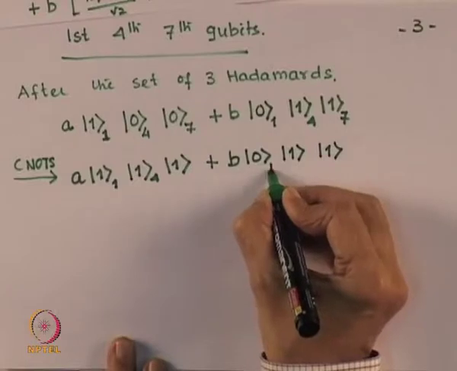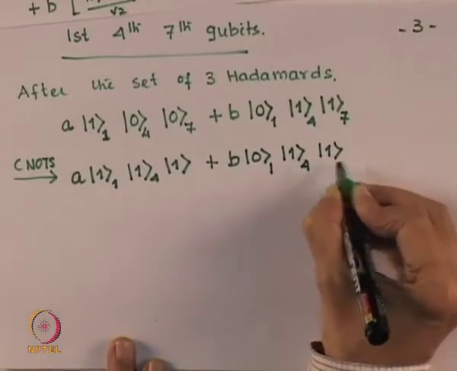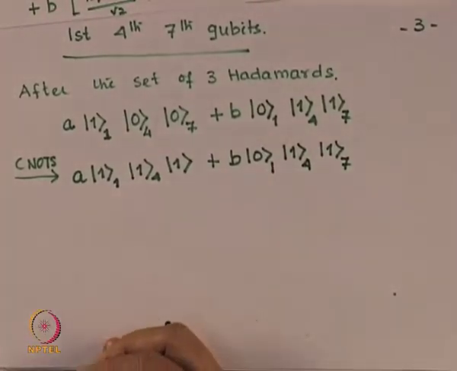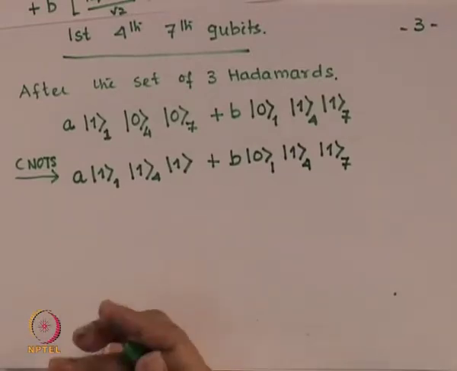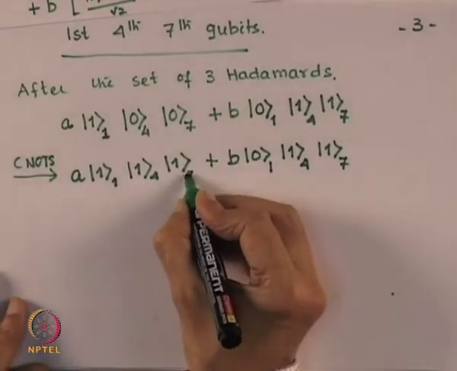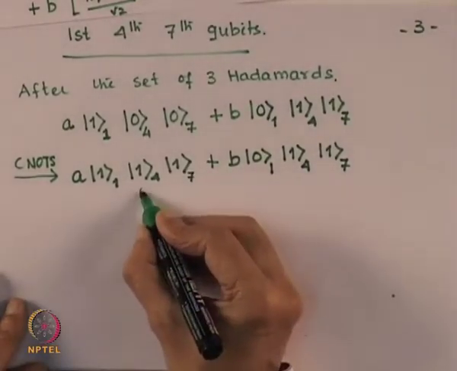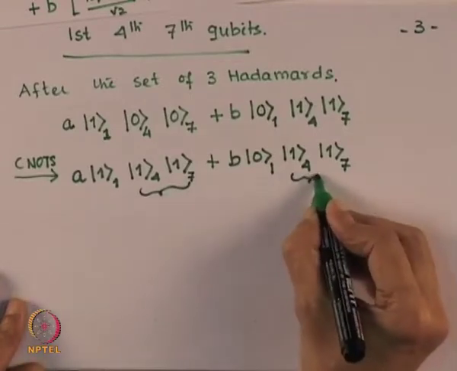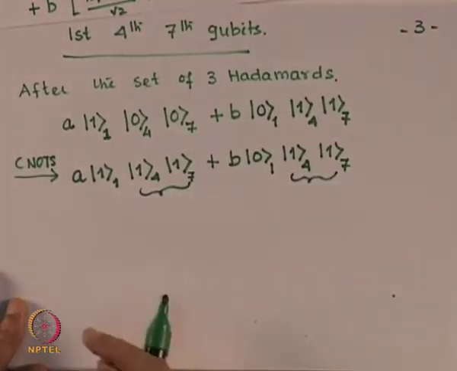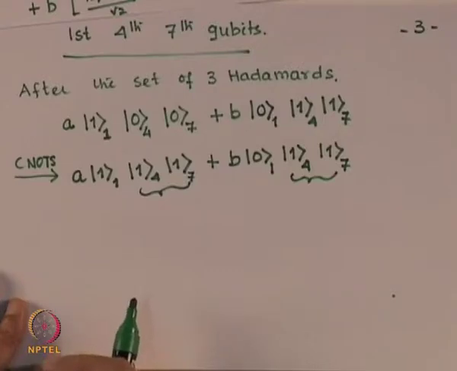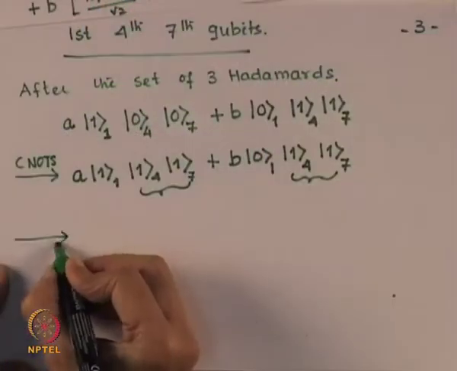So this is qubit 1 and this is qubit 7, 4 and this is qubit 7. The last bit of an action that I need to do now is obvious, because you notice that what I have got here is 4 and 7 having 1, 1. That's actually telling you that I could use this pair to apply a CC0 on the qubit 1 which I was interested in to begin with. So therefore, we apply CC0